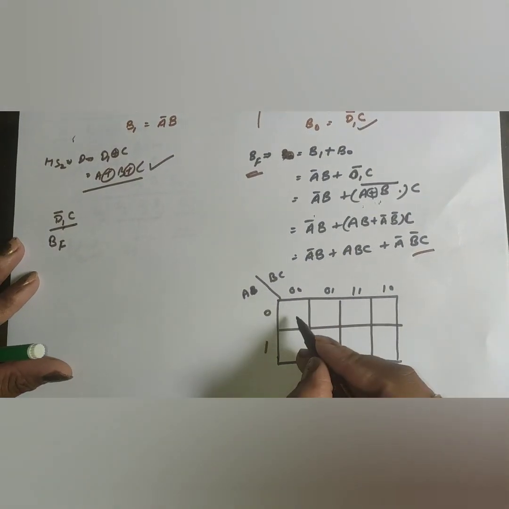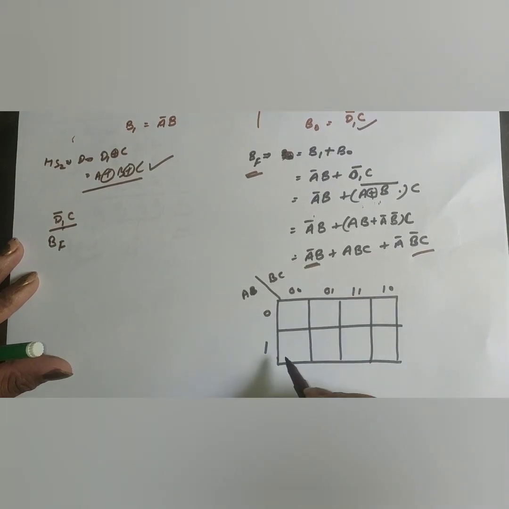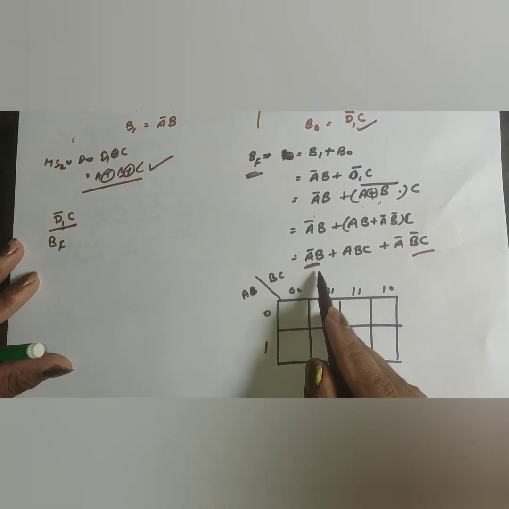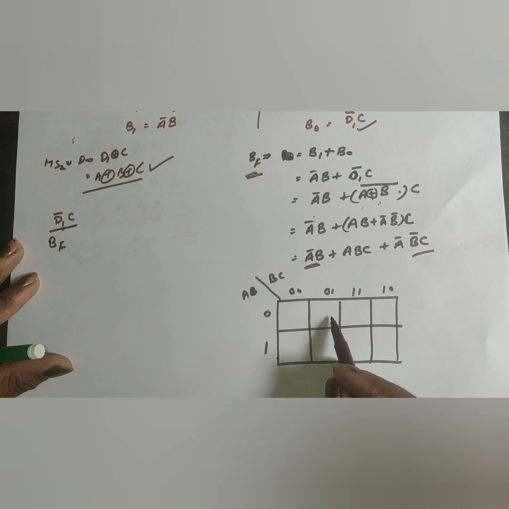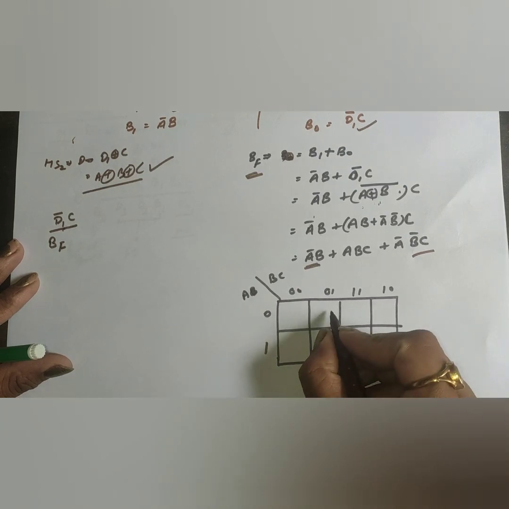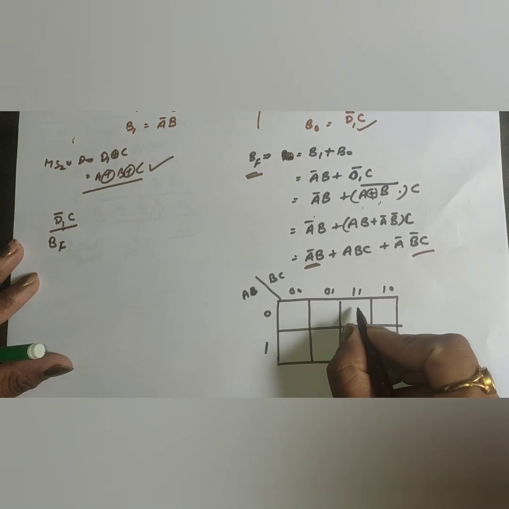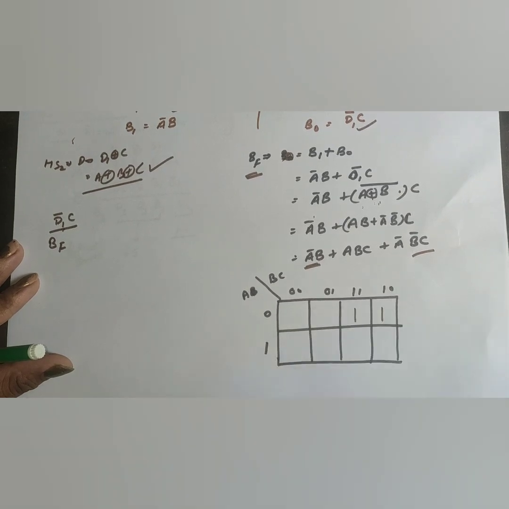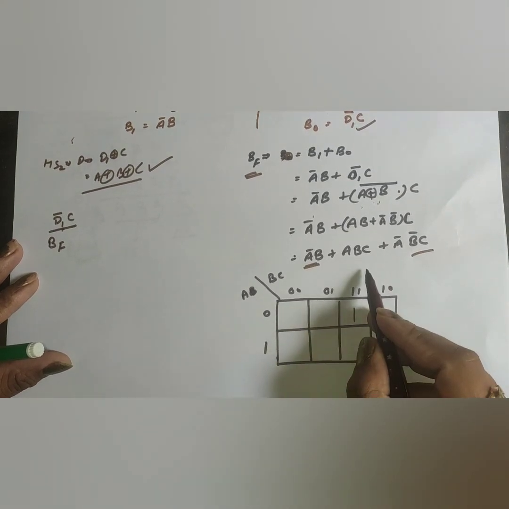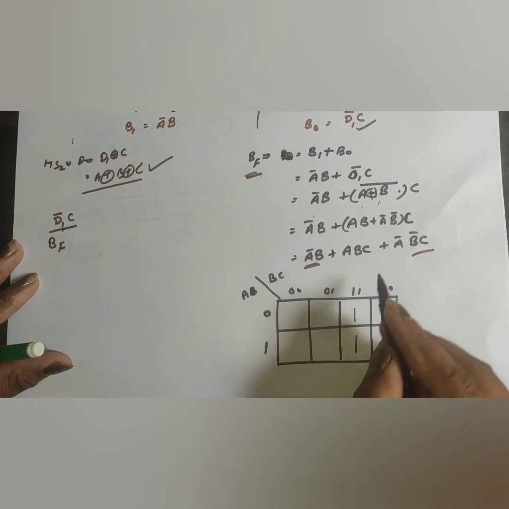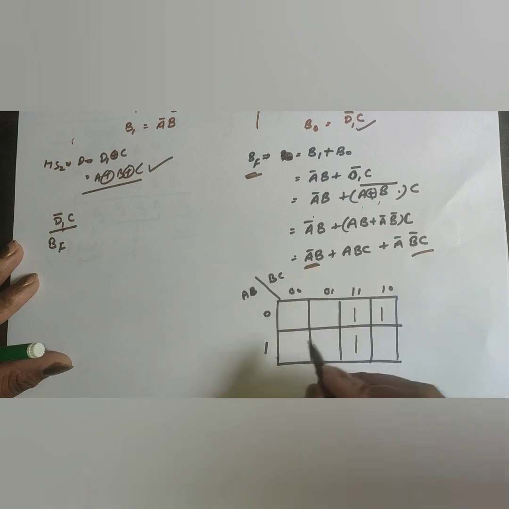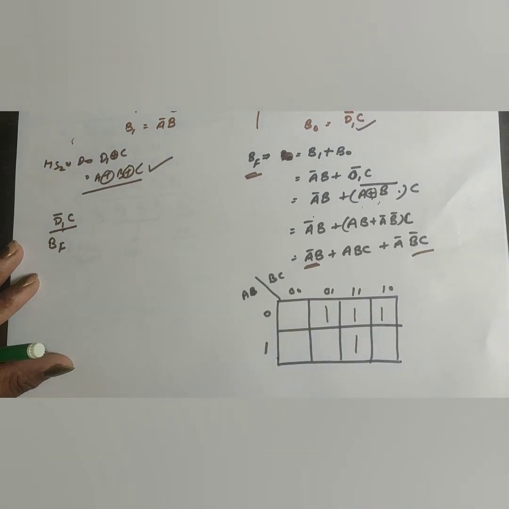So we will make a K map here. So this is our K map. How can we write A bar B? You can check where C is eliminated, A bar B. So we can write it for A bar and B, when C is eliminated, then C. We can write it here. Okay. Now ABC we can write here. Now A bar, B bar, C, we can write it here.